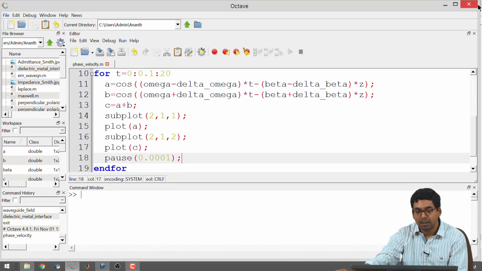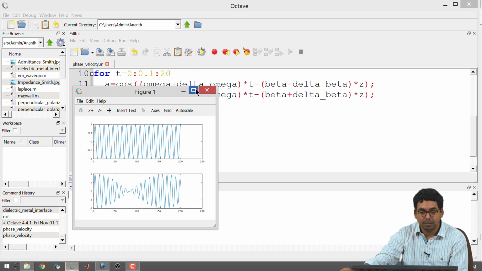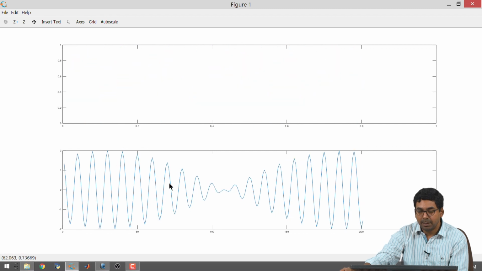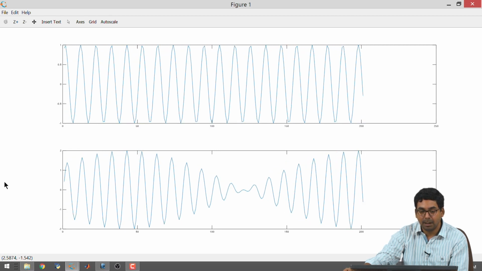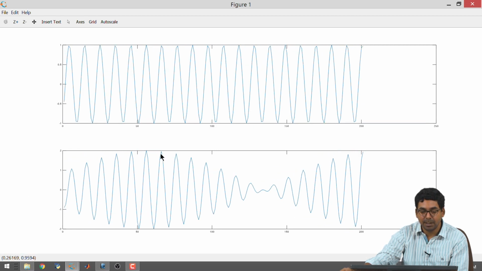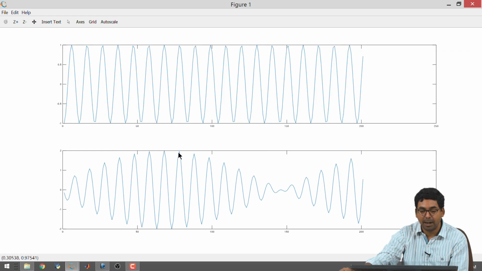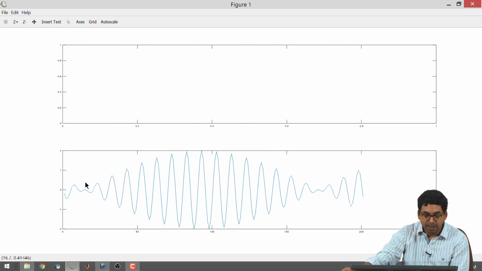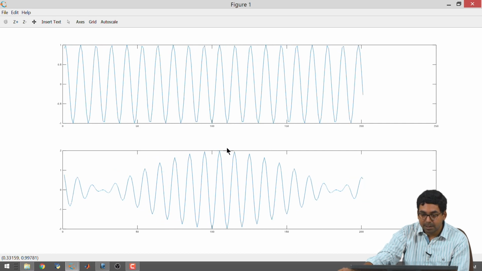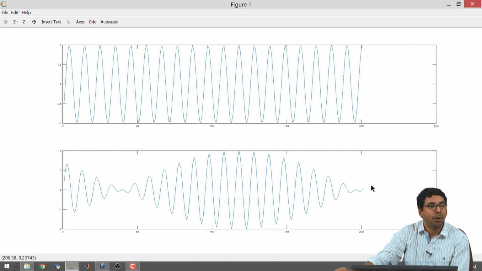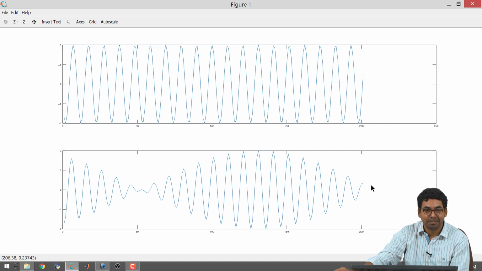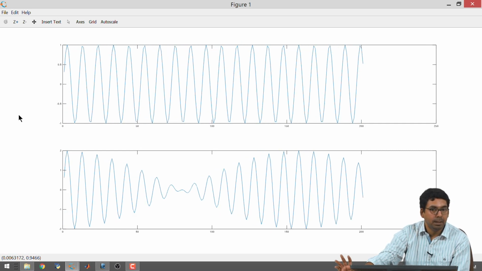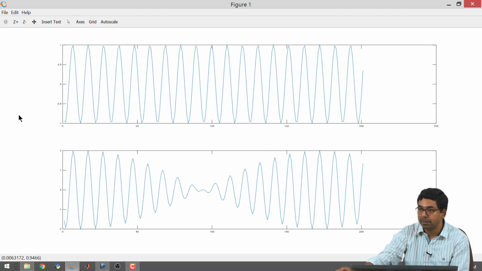So, once again I will run this. All right. So, I think in the bottom figure one should understand that the phase velocity is the velocity with which you are tracking a particular angle and it is how fast it is going in space with respect to time. The group velocity is actually going to tell you something about how fast this envelope is going to be traveling, okay. So, this is the distinction that people can make between phase velocity and group velocity, okay.